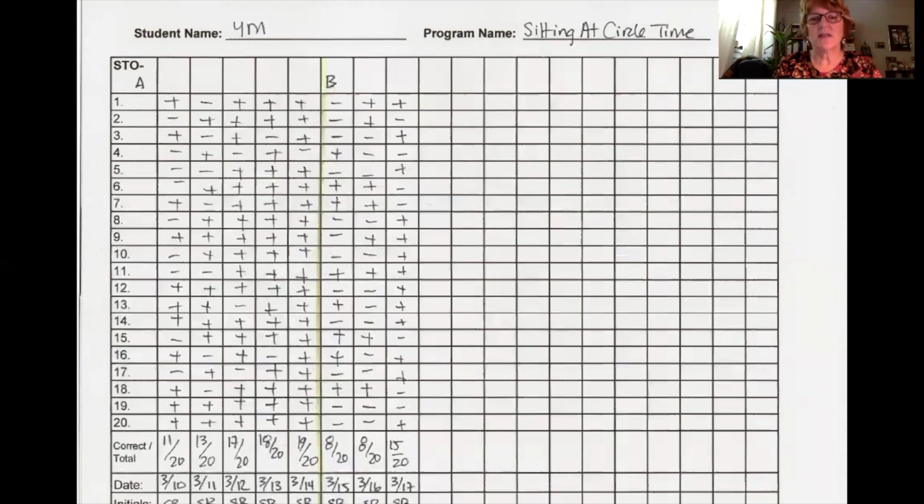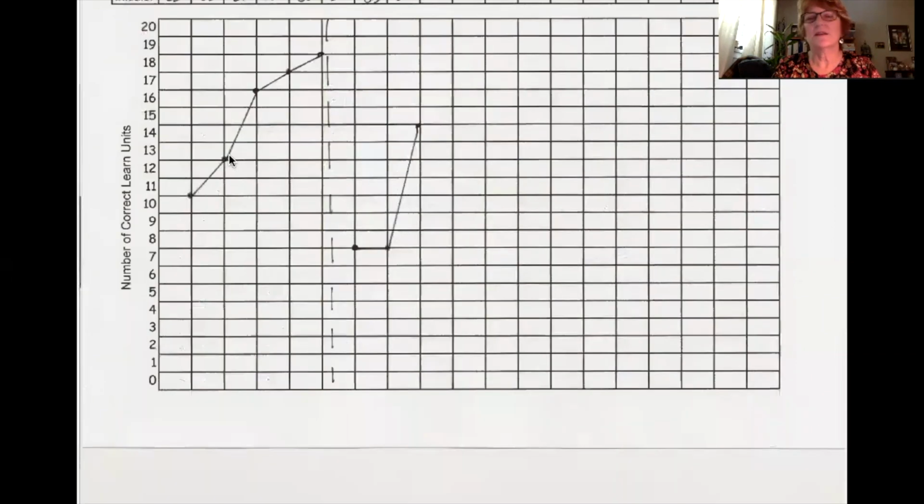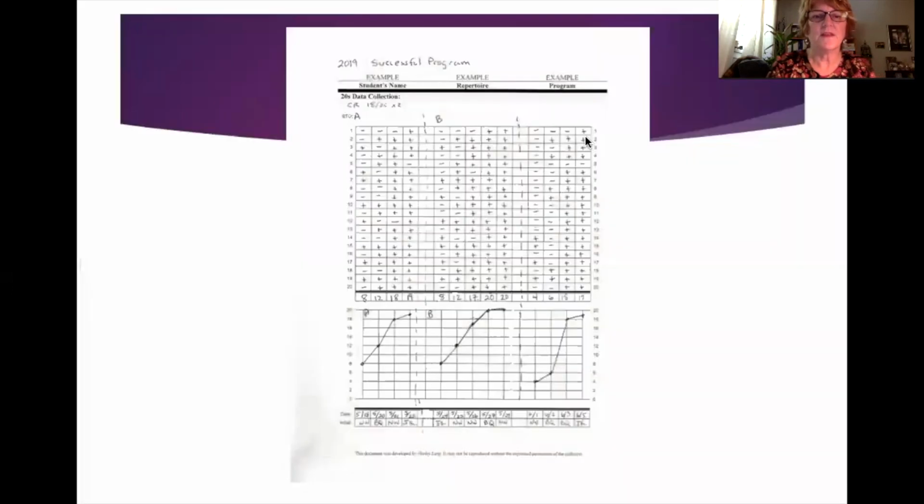But then this data, these pluses and minuses, and remember, the plus means he did the correct thing, the minus means he didn't do the correct thing, okay? Then that gets graphed. And the beauty of the graphs is you start seeing this arcing. So he doesn't start off that great, and eventually he meets criteria. Then you start the next STO and you start low again, and you're hoping to get these curves like this all the time. So this is what it can look like when you have a really successful ABA program.